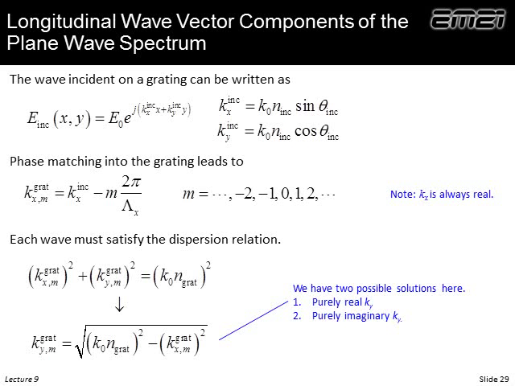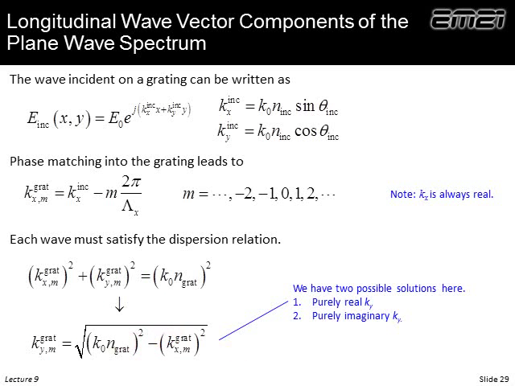Now let's think about the longitudinal components. We know that the transverse components of all of those diffracted modes, it's an infinite expansion. And so I've repeated that here. We get this infinite expansion. But the longitudinal component comes from the dispersion relation. And so if we solve that for the longitudinal component, we get the square root of the difference of two